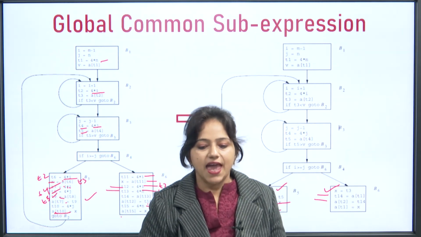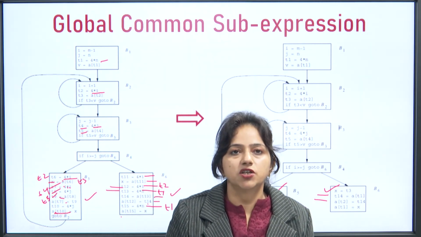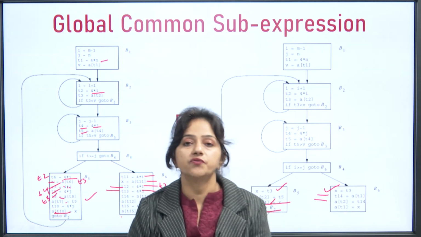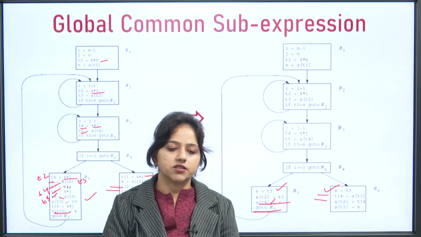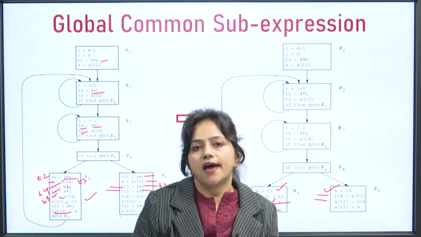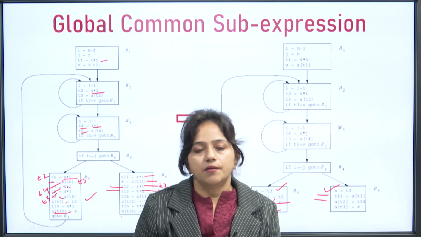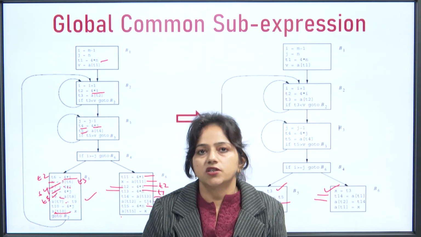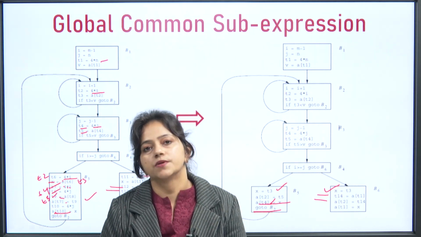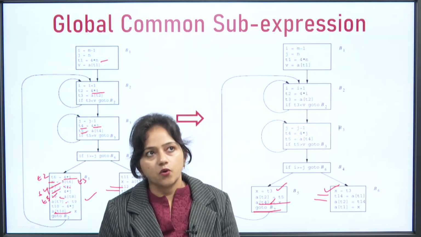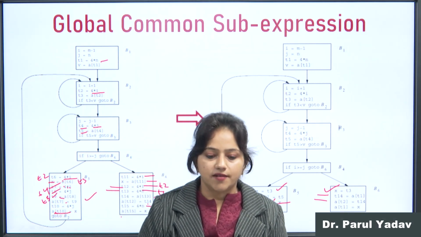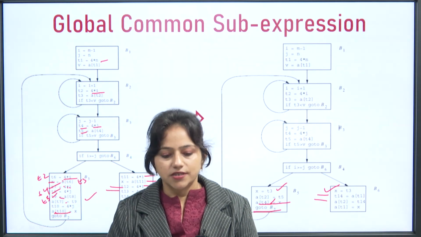So in this way we eliminated the local common sub expressions as well as global common sub expressions. In today's class we focused on how we do machine independent code optimizations. We talked about what optimization is. Basically, in optimization we are improving our code, obtaining better code, and for doing the optimization there are many techniques like local common sub expression elimination, global common sub expression elimination, code propagation, code motion, induction variable, reduction in strength and many more. The rest of the techniques will be discussed in the next class. So this is all for today. Thank you.